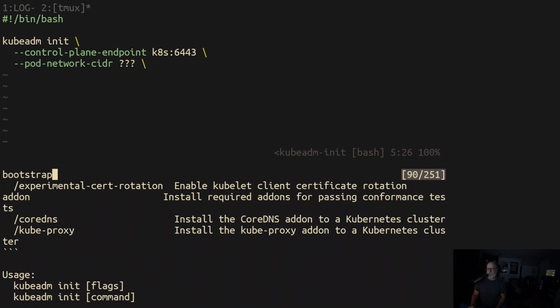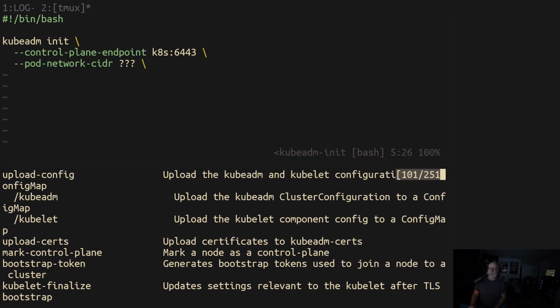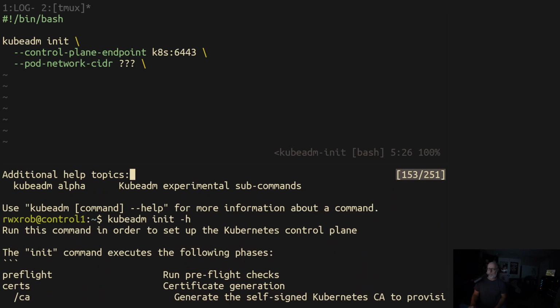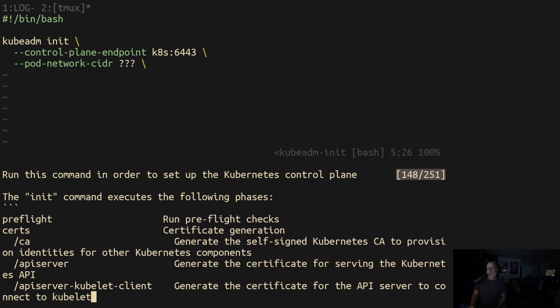So, if I just wanted to get it up really fast and run it, I can do that, but I don't want to do that. I want to understand it really excruciatingly in detail. So when we do init, we also have other subcommands that we can do. We can say init does the following phases: pre-flight. You can actually do the phases command and do each one individually if you wish. So we do the pre-flight checks, certificate generation,